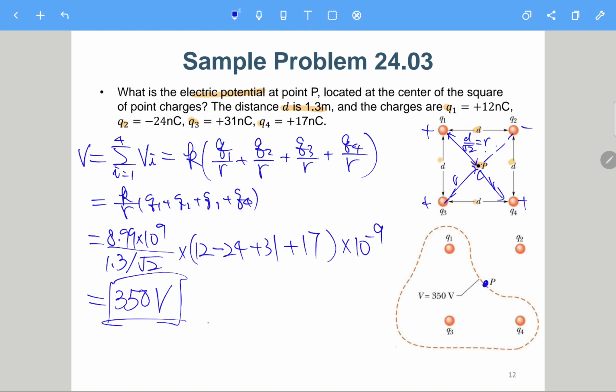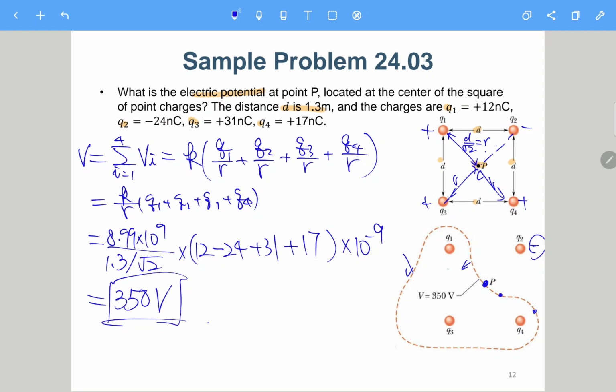It also shows the equipotential surface here, like this strange shape. Why it looks like this is not easy to answer, because you need to calculate the electric potential one point after another until you find, oh, this point is 350, this point is 350, and then you connect them together so that it forms the electric potential surface. But you can imagine this is a negative charge, these are positive charges, so